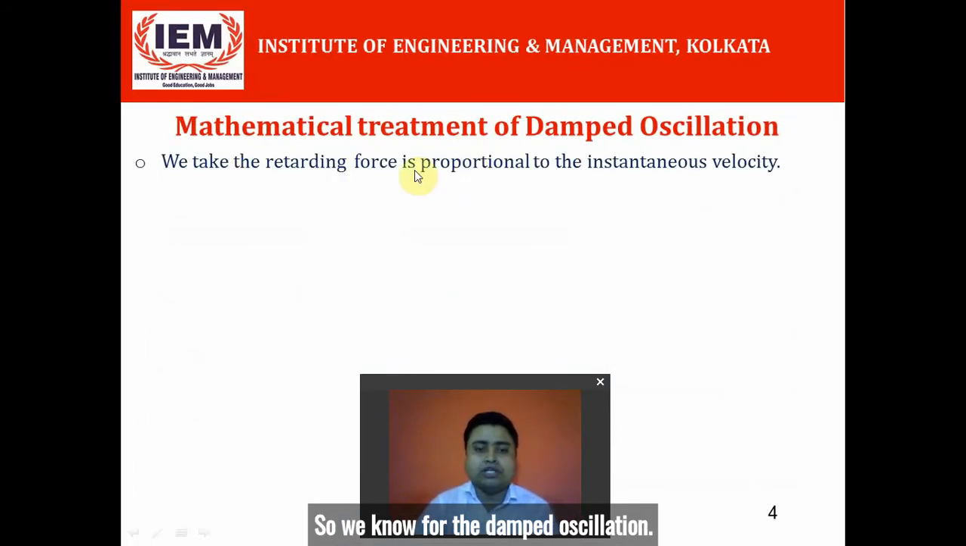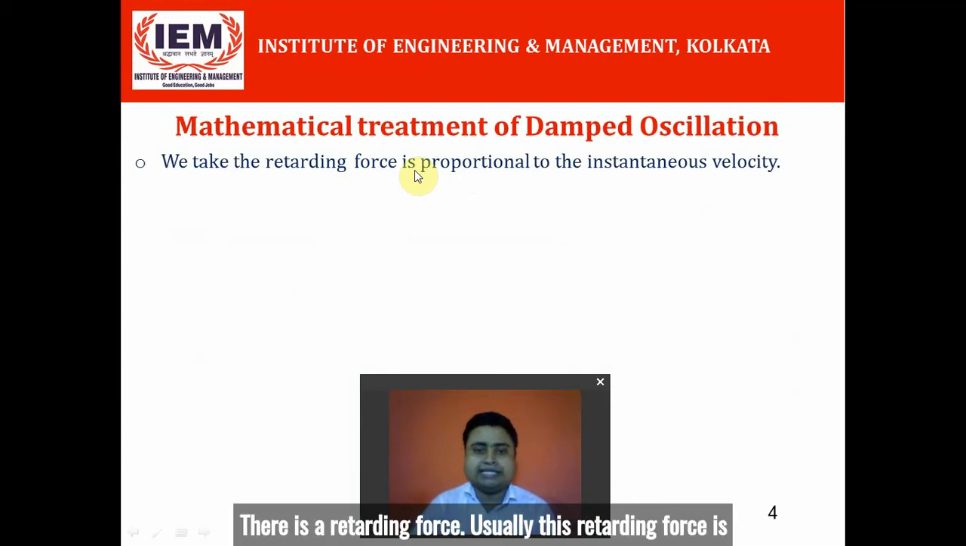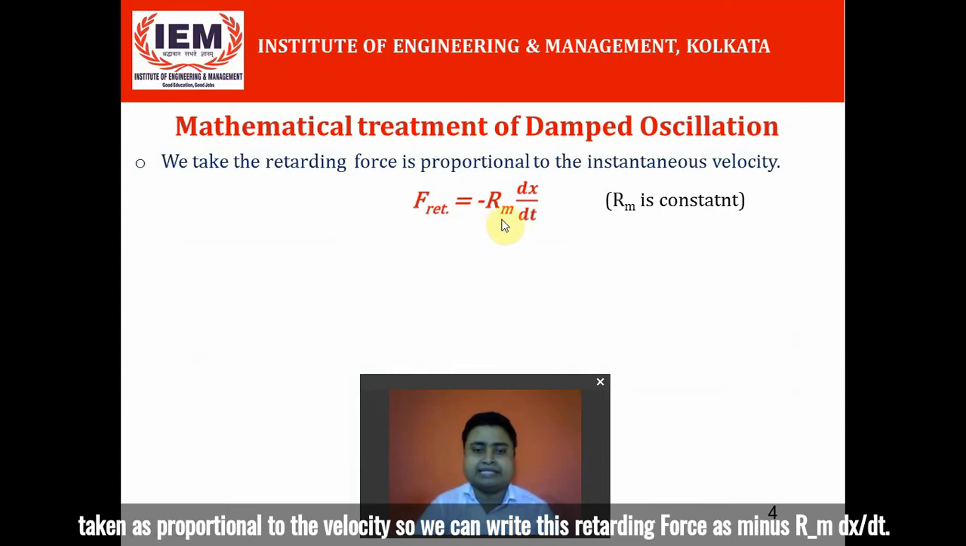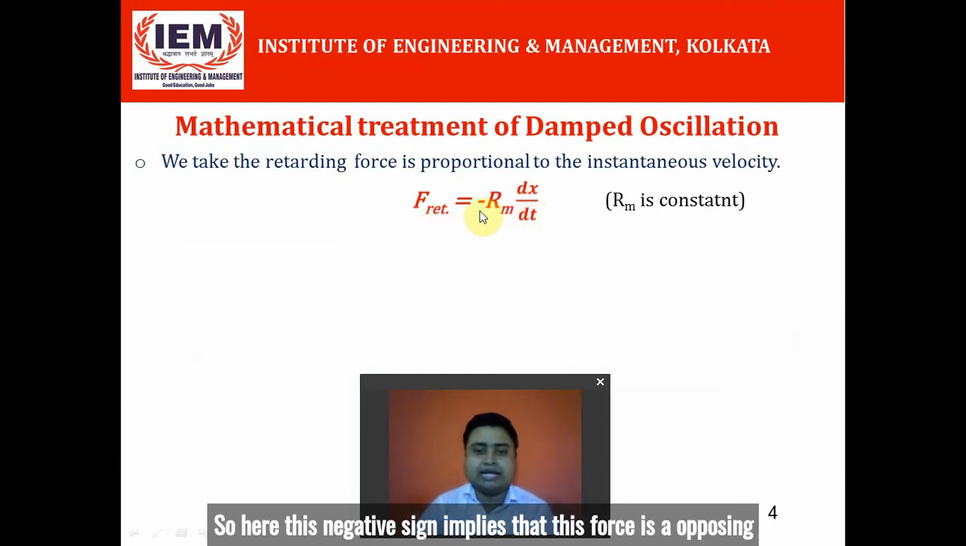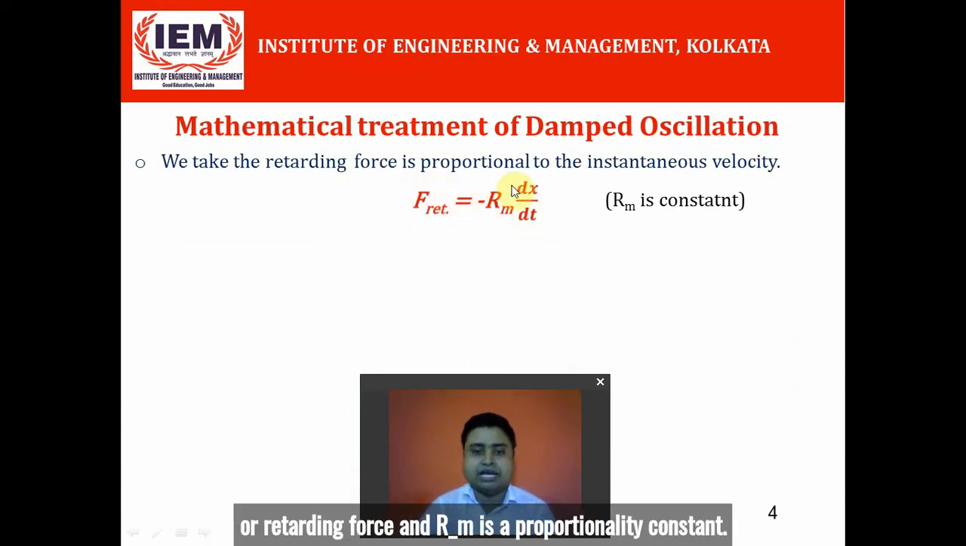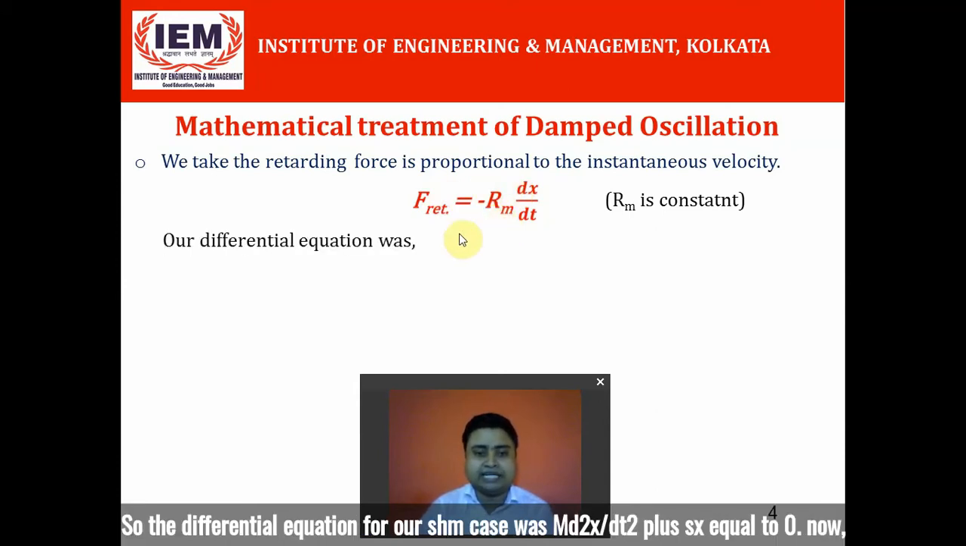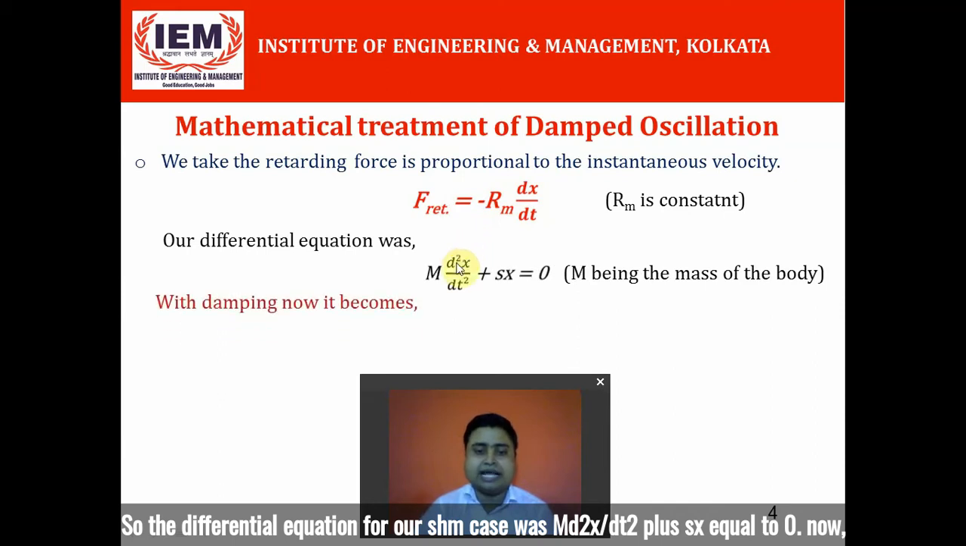So we know for the damped oscillation there is a retarding force. Usually this retarding force is taken as proportional to the velocity. So we can write this retarding force as minus Rm dx/dt. Here this negative sign implies that this force is an opposing or retarding force, and Rm is a proportionality constant. So the differential equation for our SHM case was m d2x/dt2 plus sx equal to